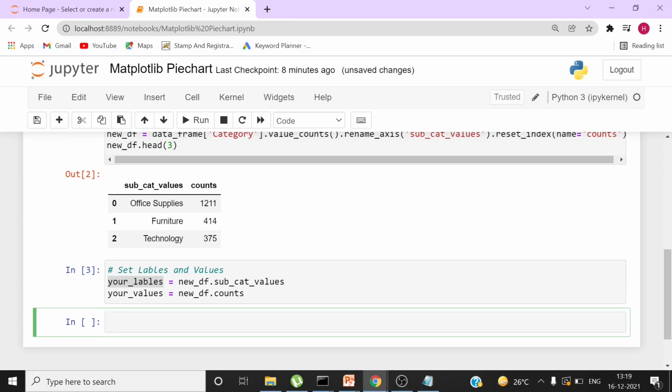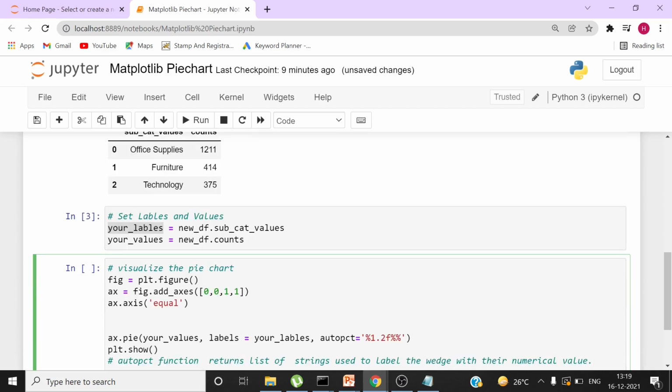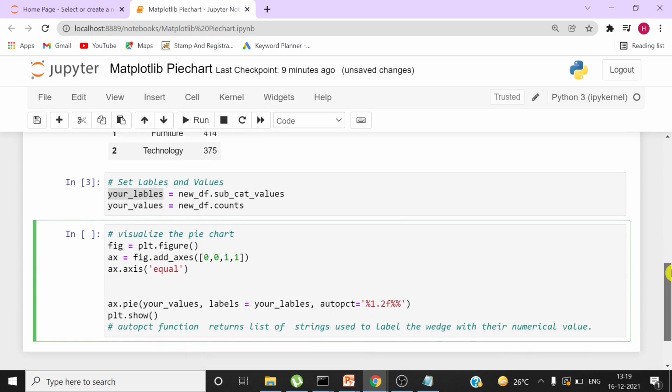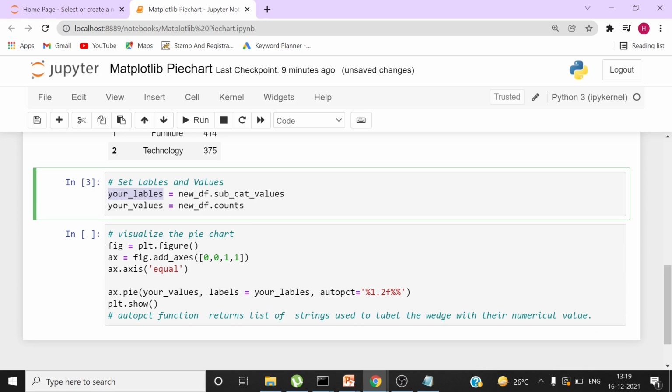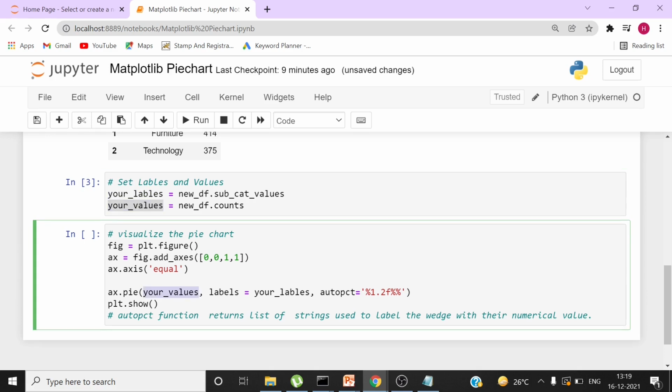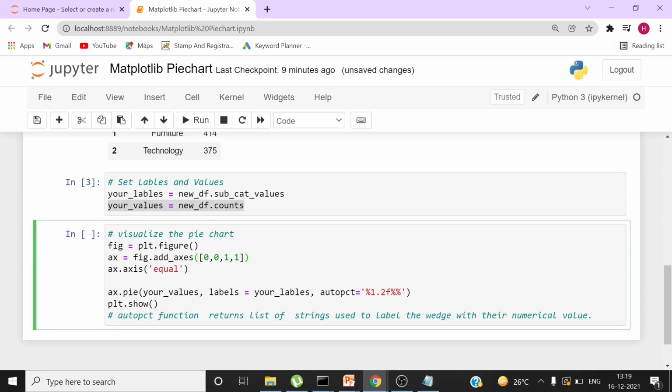And next step is that we have to visualize this pie chart now. Okay, so for that, here is the code on your screen. So we already have values available, and we already have labels available. So here we have given the values, which is X, and here are the labels which we are using. Okay, and we have used both from our data frame. All right, so let's do shift enter.